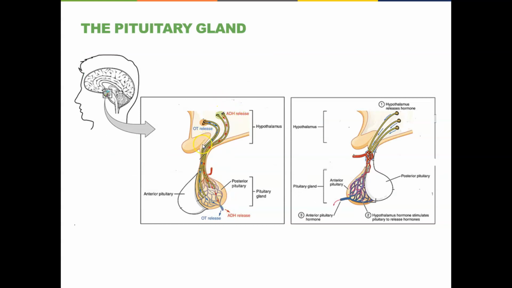So here's a look at the posterior pituitary right here, and notice we have neurons in the base of the brain. This is the hypothalamus right at the bottom of the brain, right behind the optic lobe, not the optic lobes, but the junction of the optic nerves coming from the eyes. They join into the brain right there. And these neurons right here secrete stuff into the posterior pituitary, where circulation picks up those hormones and takes them out to all tissues of the body, antidiuretic hormone and oxytocin.